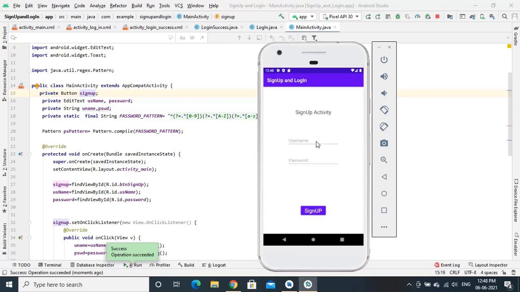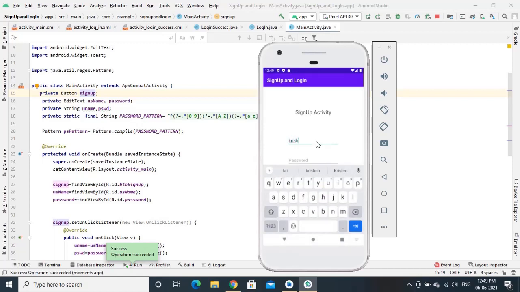Now I will test for valid username and password for sign up as well as login activity. That is, I will consider all successful or valid information for all the activities. Give some username and password with the required validation.